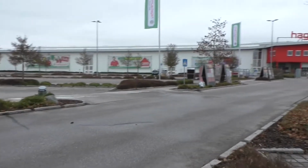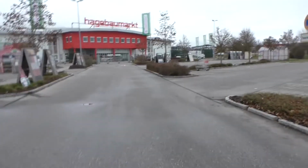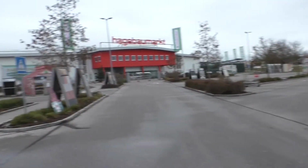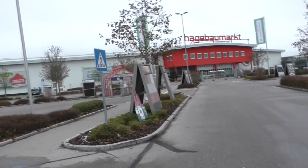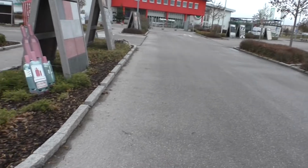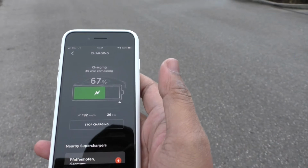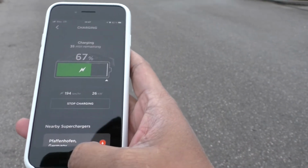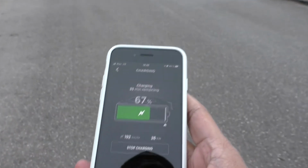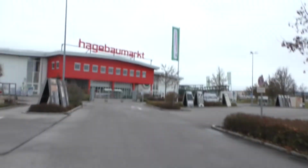Yes, so let me just walk towards the car. I think it has been charging for a little bit more than 10 minutes now, and I probably will sit down in the car. Oh, actually I can check in my app. We are still getting 27 or 26 kilowatts. Not the best. So maybe I just get inside the car and then just chill out there. It's quite cold outside,